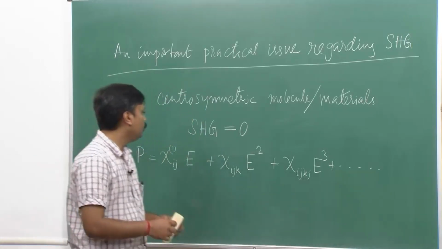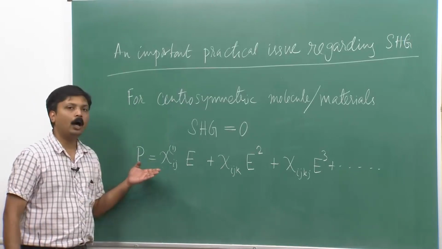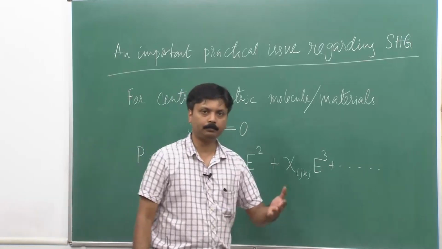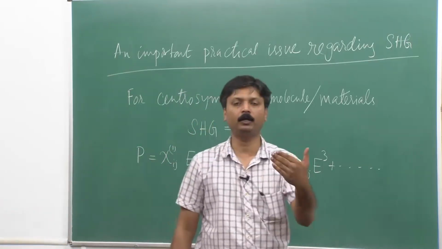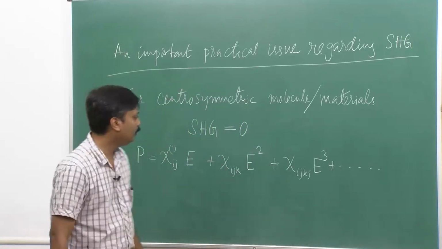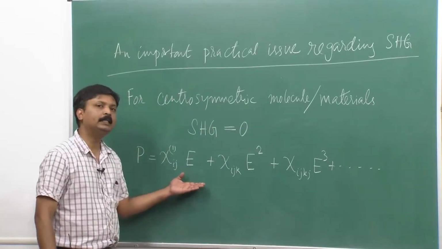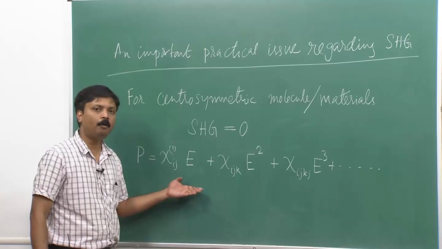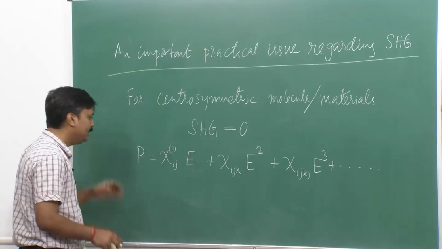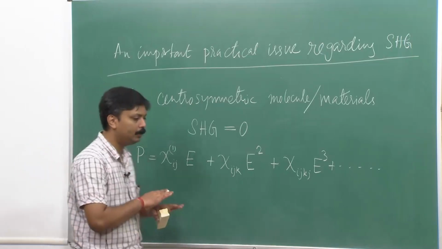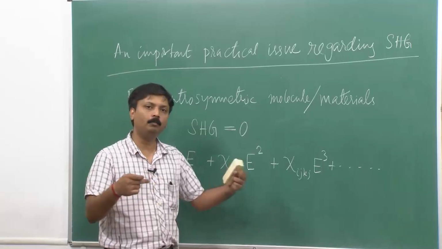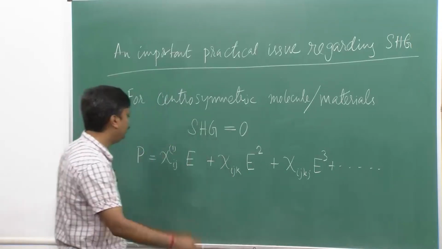Okay. So, for a centrosymmetric molecule, the potential energy due to this electronic disturbance created by a laser field will be the same irrespective of which way the electric field is acting. So, for example, if I am considering a particular direction, say x, I can come either from plus x direction or negative x direction. So, for that